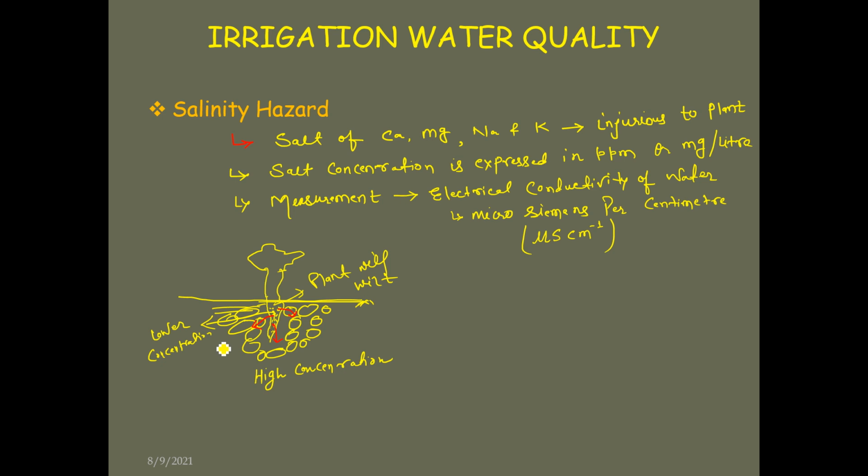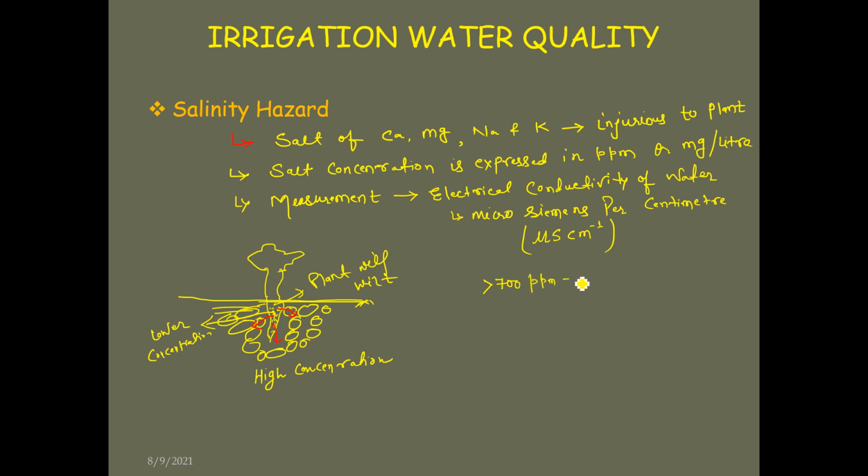Okay, so although the water is present in enough quantity, the plant will wilt. That's why we should know the concentration of salt in the irrigation water, and it should be within the permissible limit. Generally we can say the salt concentration should be below 700, but there is data that if the salt concentration is greater than 700 ppm,